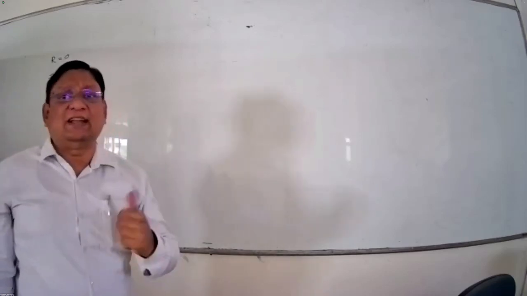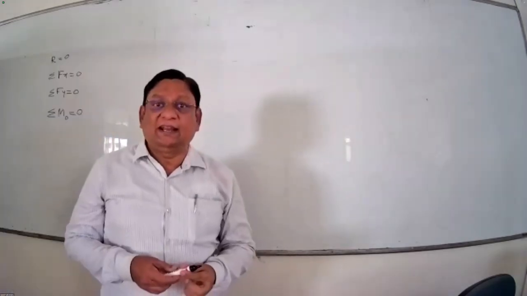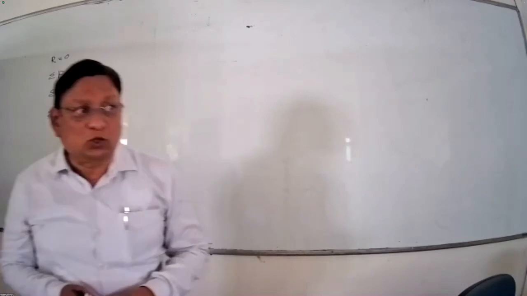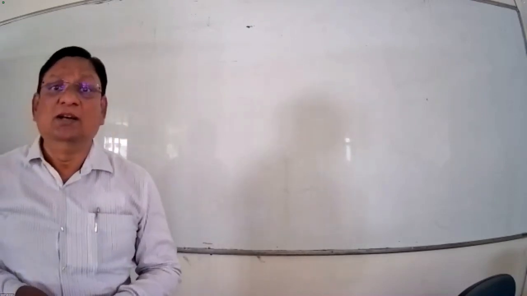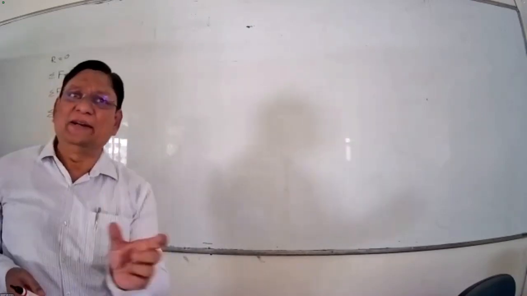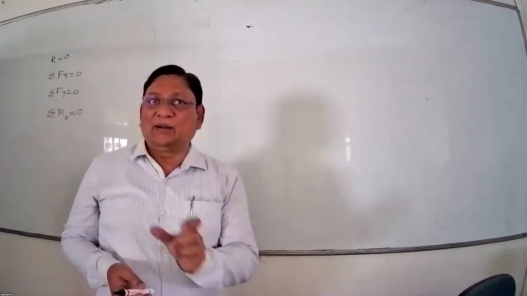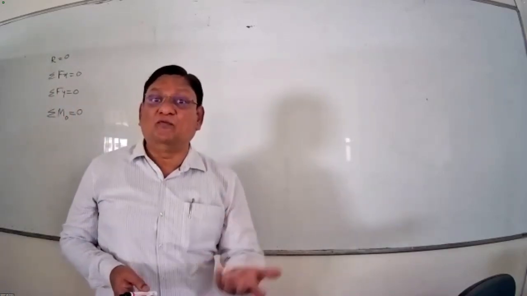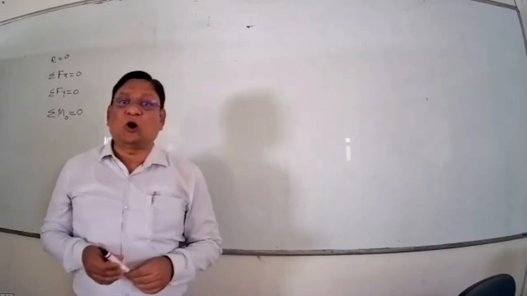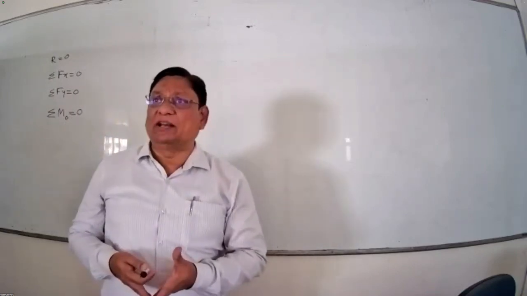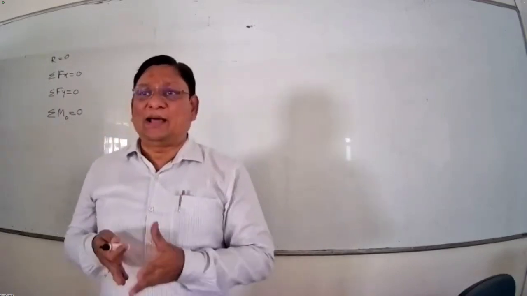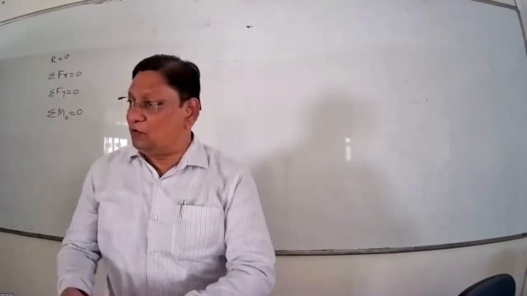Then one more point we discussed in the last lecture is the free body diagram. So what is a free body diagram? The name itself indicates it is a diagram of a body which is free, but free from what? In the previous lecture we discussed that bodies are always supported somewhere. If you take the example, I am standing on the floor here. So the floor is a support.